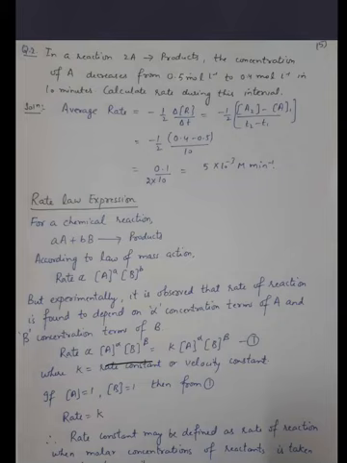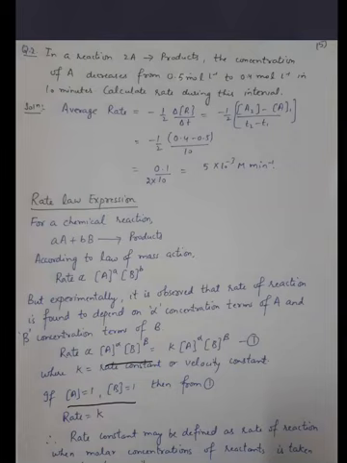If we remove the proportionality sign, we will get K. Rate is equal to K [A] to the power alpha [B] to the power beta, where alpha and beta are experimentally determined, and K is known as the rate constant, or you can say velocity constant. If I take concentration of A equal to 1 and B equal to 1, then from equation number 1, rate will be equal to K. Therefore the definition of rate constant comes from here.